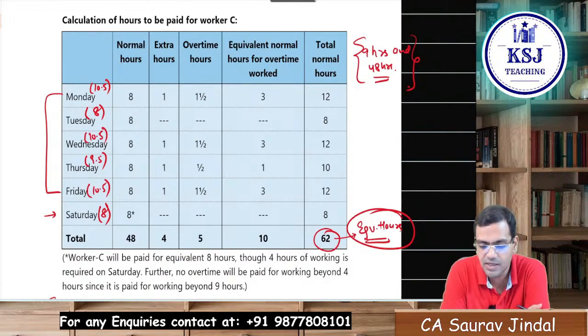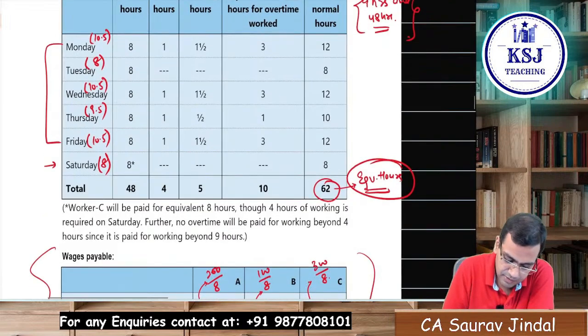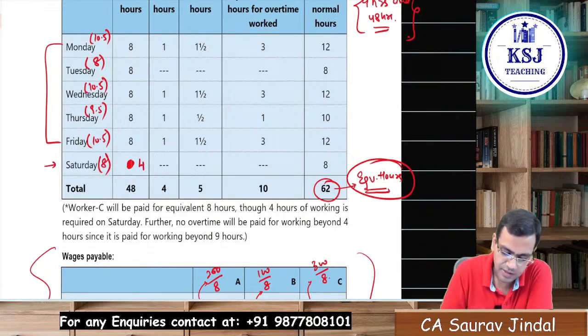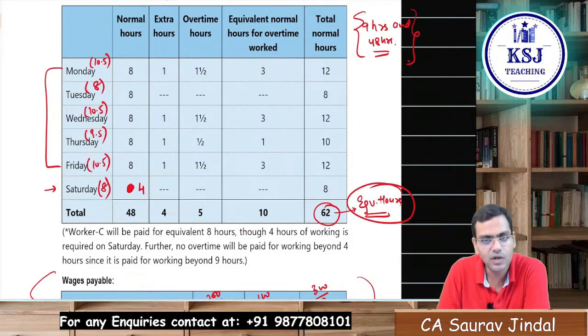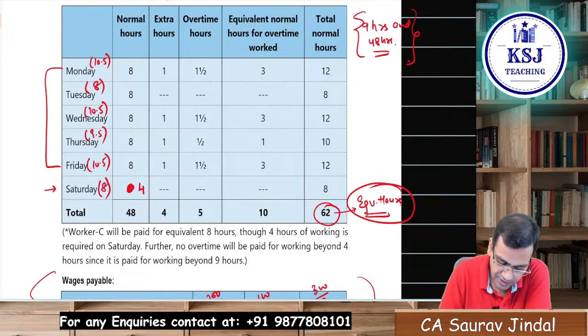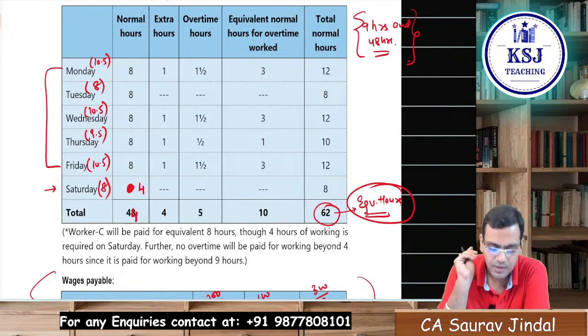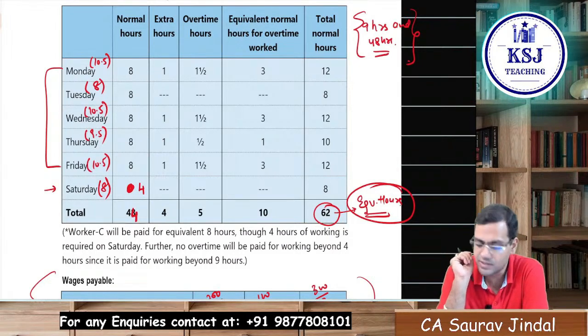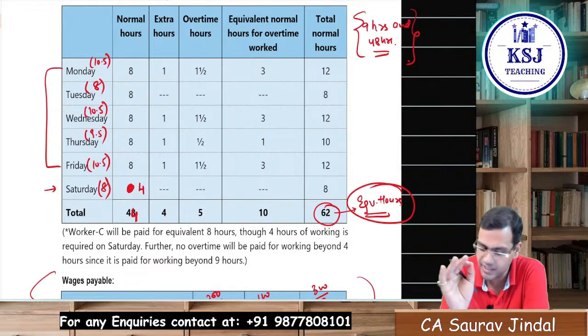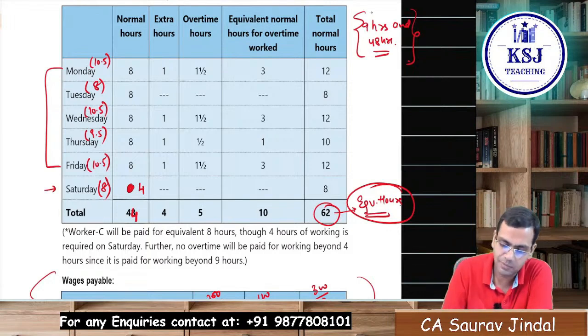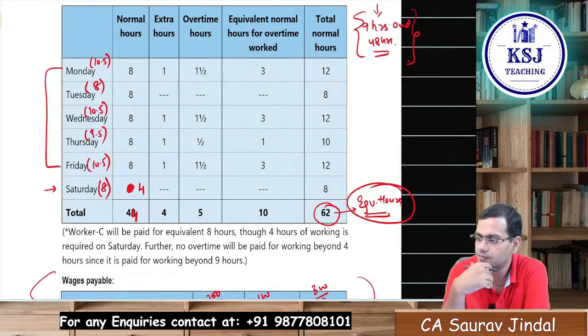Now, what will be the scenario? Both the conditions need to be satisfied. Let's take this up. I'll rub this 8 now. I'll write a 4 here. 4 hours is the normal hours, right? Now the remaining 4 hours, whether here I'll take 44. The remaining 4 hours, should I be taking them as extra hours or as overtime? Tell me. I'm talking about this condition now.